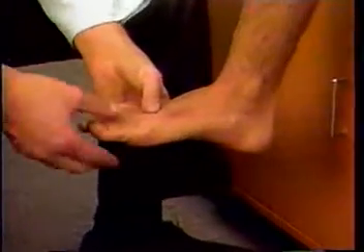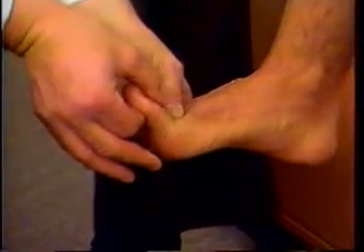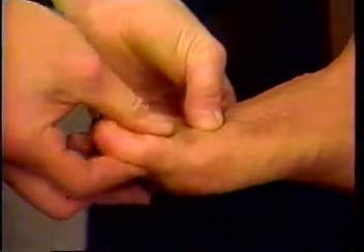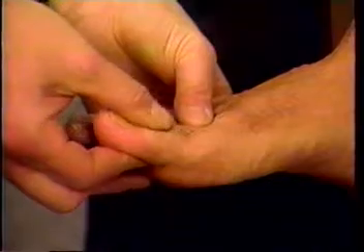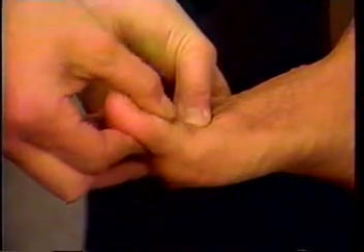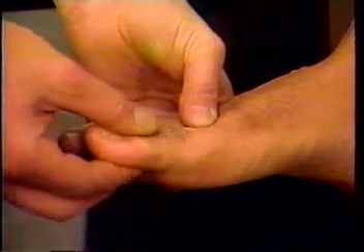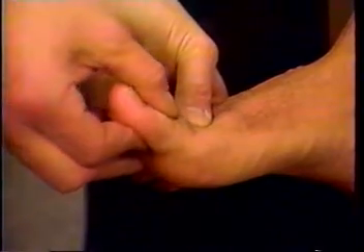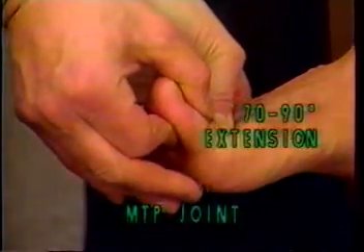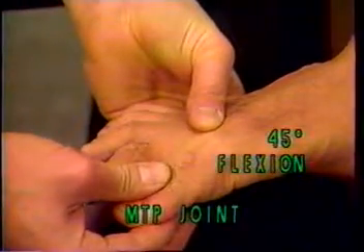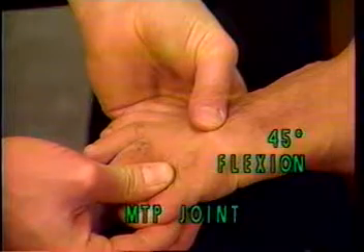Stabilize the forefoot and passively extend and flex the first metatarsal phalangeal joint. Take care to stabilize the interphalangeal joint of the big toe so that the motion recorded is not in part coming from the interphalangeal joint, especially when testing flexion. The normal individual may have from 70 to 90 degrees of extension and approximately 45 degrees of flexion at the